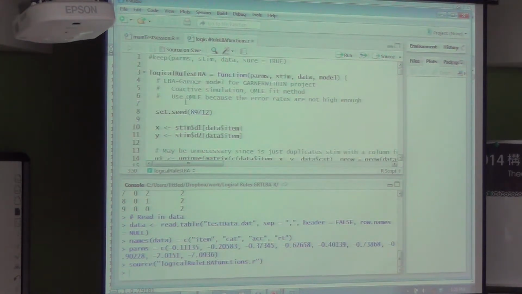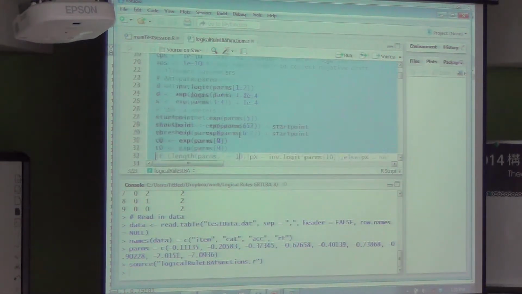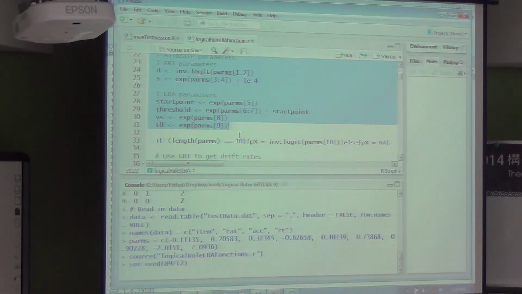Since I've loaded that stuff up, I can just go in here and run portions of this function. Because I'm simulating the model, and what the optimization code is going to do is tweak these parameters and try to get my predictions to best match my data, I've seeded the random number generator so that given the same parameters, I can get back the same sequence of randomly generated numbers, which will allow some stability in the estimates coming out of this particular function. I'm just going to run this information to show you what's going on here and the unpacking of these parameters.